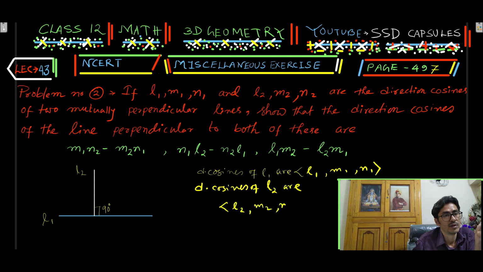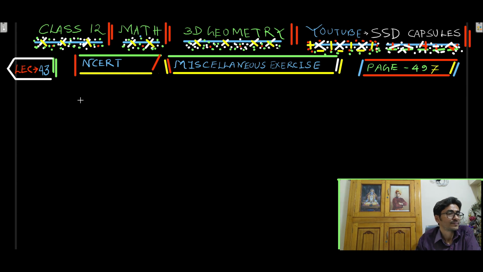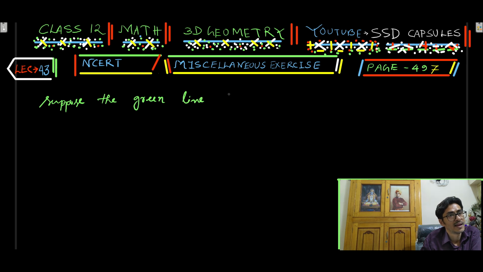L2, M2, N2. Now we are given another line, take it in green, which is such that this green line is perpendicular to line 2. Also this green line is perpendicular to line 1. So suppose the green line has direction cosines